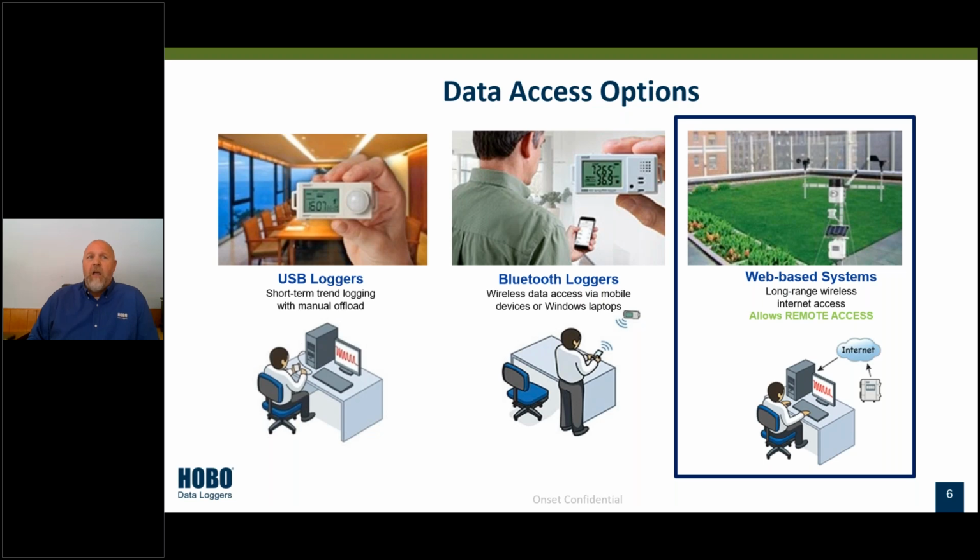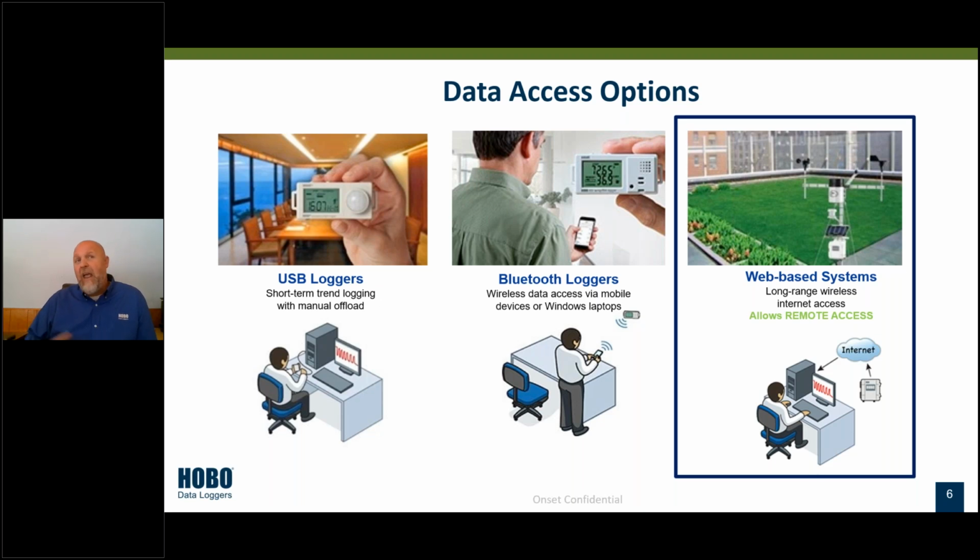So we have a lot of different ways to access the sensors, right? We have 3 different types we like to call of sensors. I'd like to start off on the left with the USB loggers. Those are loggers that you're going to have to eventually connect up into a computer, right? There's going to have to be an actual physical wire to connect into the computer. You'll be able to pull off those manual measurements. It's great. We have fantastic loggers with this USB or optic sensors that we have out there. And they're ones that are very easy to deploy, smaller. You can discreetly install them where you need to, pull them out, retrieve them, and then pull off all that